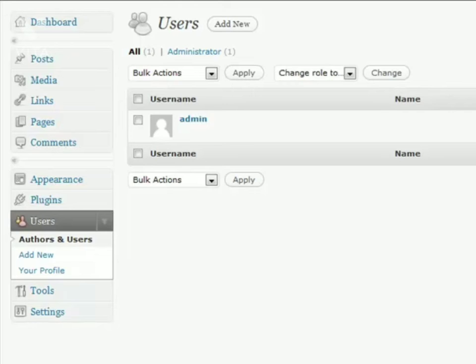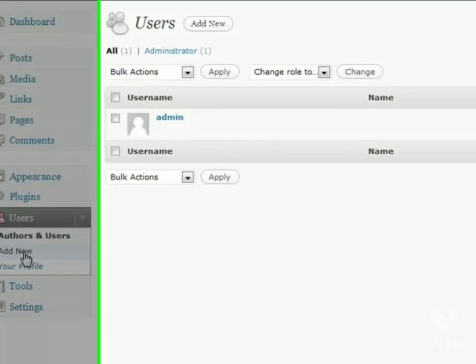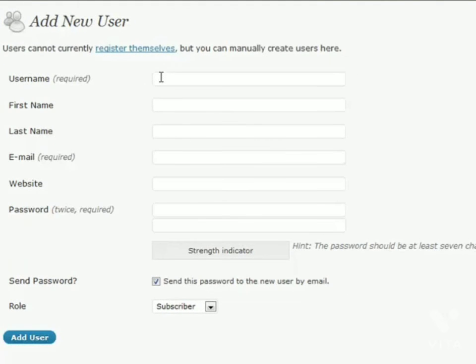You probably already get a feel as to how this section is pretty much laid out, because it's laid out very similar to pages and posts and all those other things. So you pretty much will get a quick grasp of exactly what this is. In order to add a new user, if you don't have users that can currently register themselves, which is a feature in the settings that we'll go over later, basically you can add them manually. So you can go under the users in the navigation, go to add new,